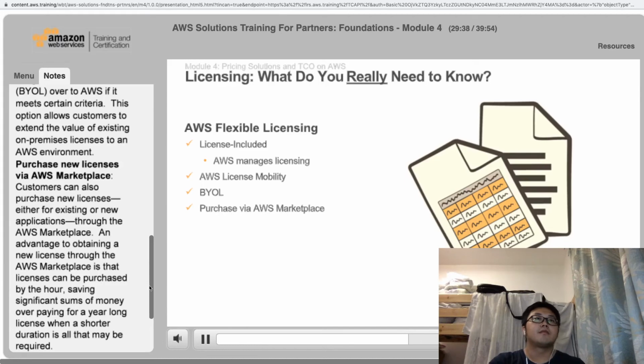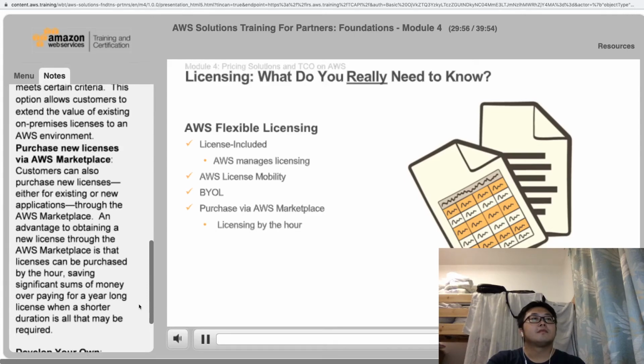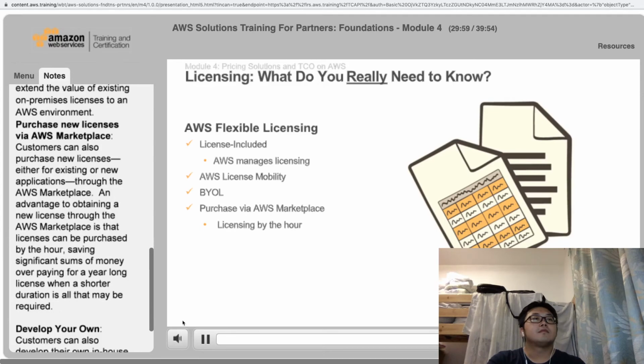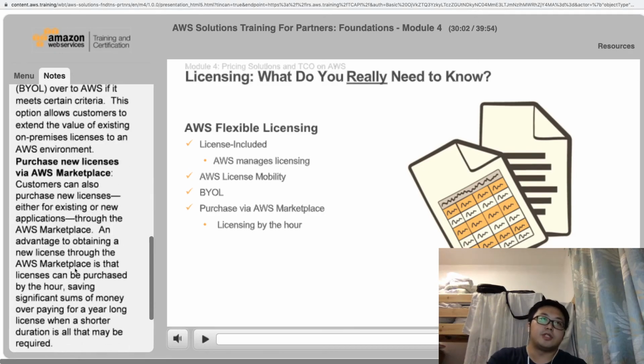Purchase new licenses via AWS Marketplace. Customers can also purchase new licenses, either for existing or new applications, through the AWS Marketplace. An advantage to obtaining a new license through the AWS Marketplace is that licenses can be purchased by the hour, saving significant sums of money over paying for a year-long license when a shorter duration is all that may be required. 这边有提到一个非常重要一点，就是